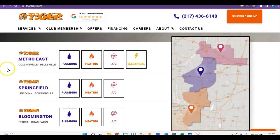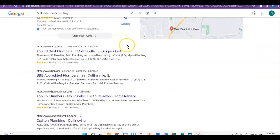And I'm not sure if you have a Google business page for each one of these areas, but if you don't, you might want to go ahead and get one of those because that will also keep you in those rankings. Well, I'm going to show you the map pack right now, which you guys are in the top 3 on,